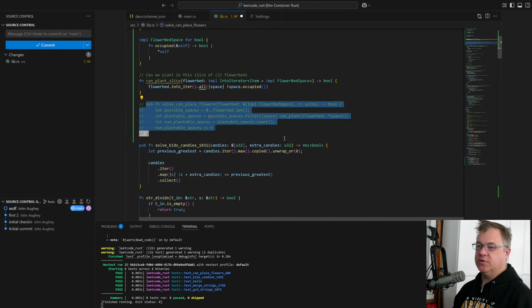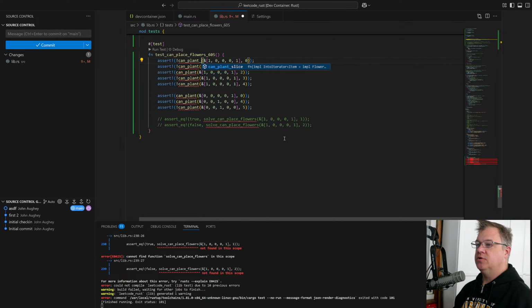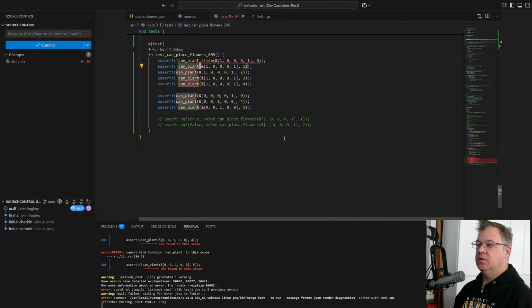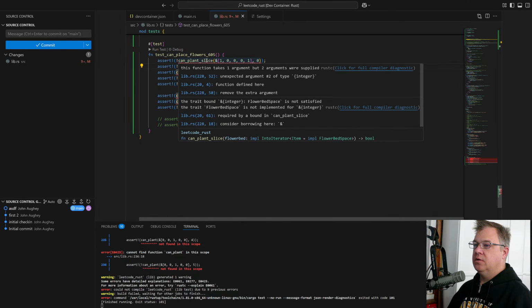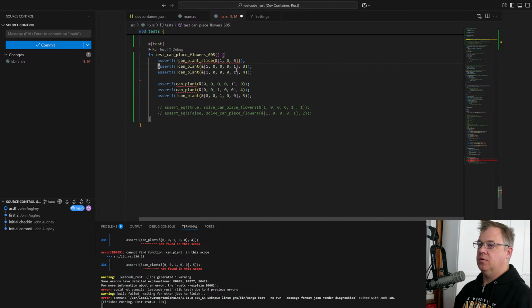I'm starting over, sort of. So I want to change this into can plant space. I called this slice, didn't I? Impl takes 1 argument. Oh, so I'm changing this. So 0, 0, 1 here.